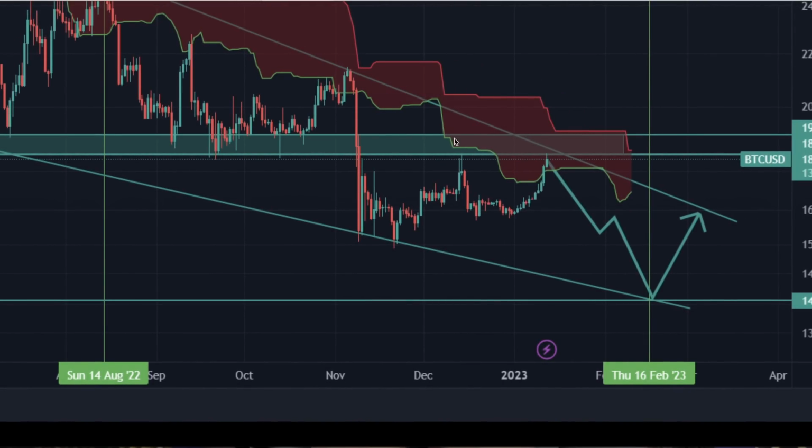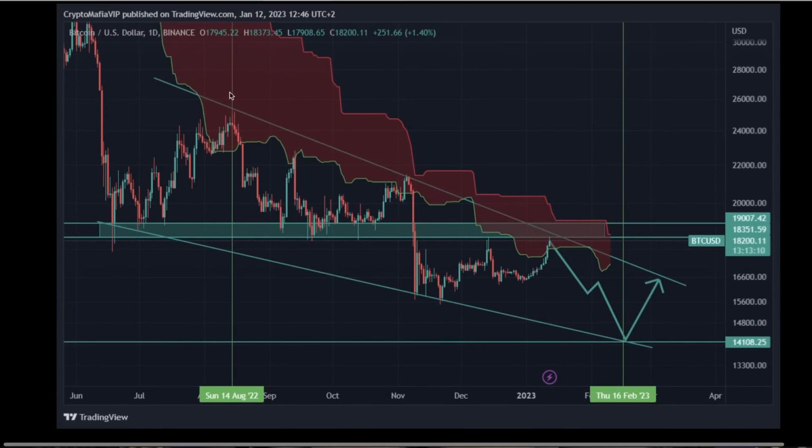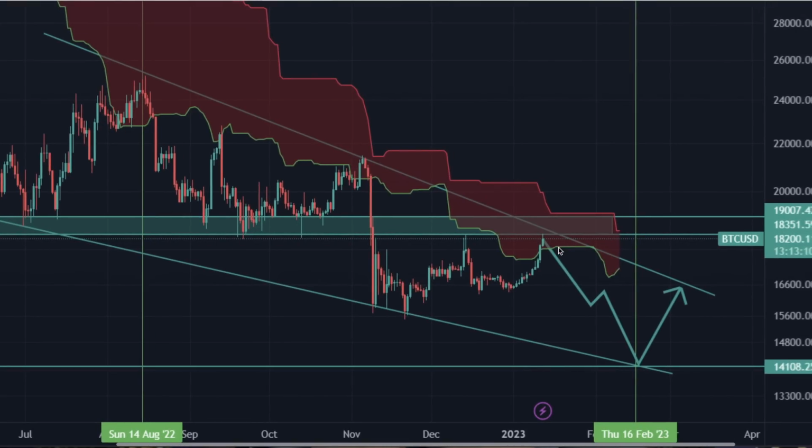A little bit thicker right here. We nearly came up to it within like 1%. And right now we have a comparatively thin cloud, right? Our cloud just isn't as thick as we saw it up here, and up here. We do have a thinner cloud right now. So I think that that is potentially going to be one of the factors that works in Bitcoin's favor. But again, nonetheless, this is a resistance area,